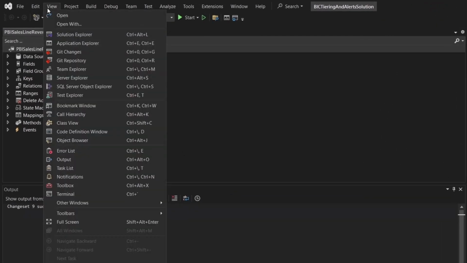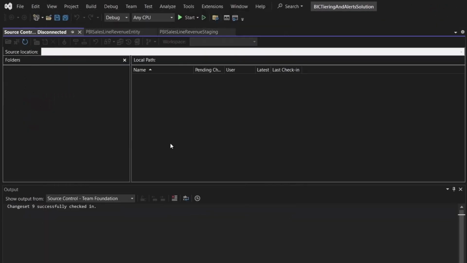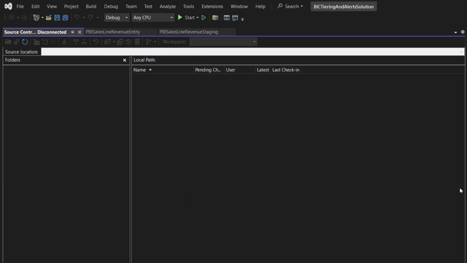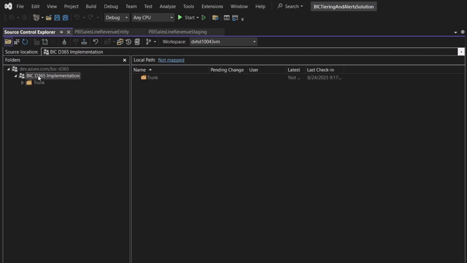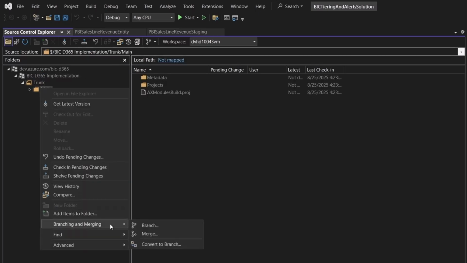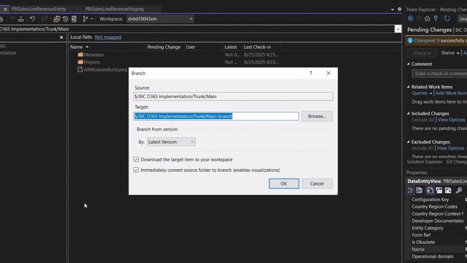We can do this directly from the Source Control Explorer in Visual Studio. Now, close this window. Just click the refresh icon to load the project. After that, just expand it so you can see the main branch. We'll right-click our main folder, go to Branching and Merging, and select Branch. In the window that opens, the source is already filled in. We just need to specify the target path for our new branch, which will be inside the trunk folder and